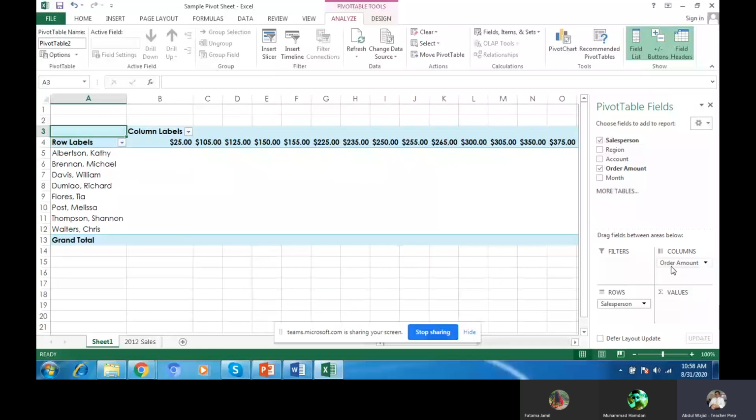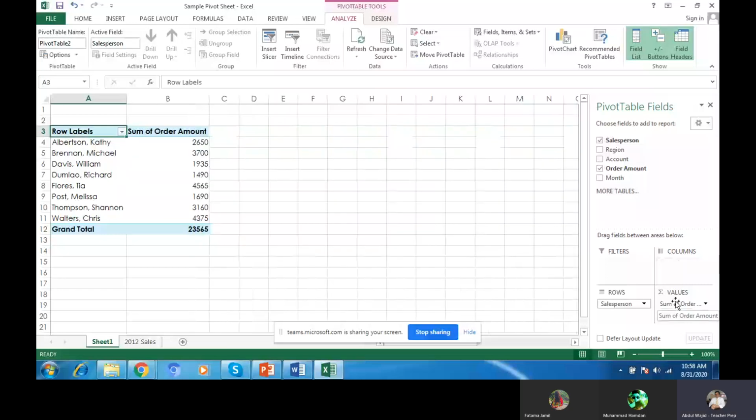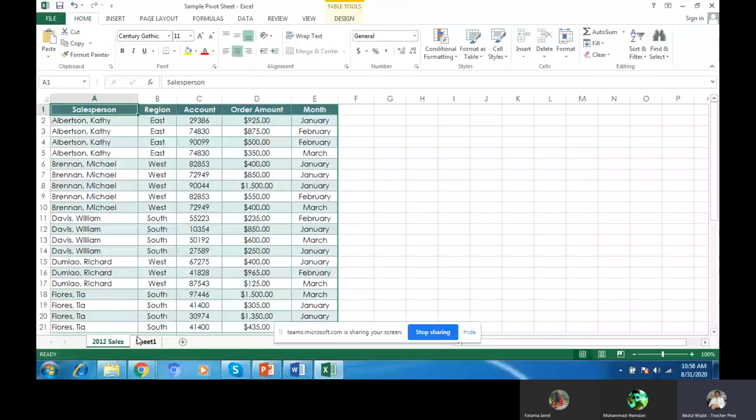This is the way you will click down. Now you will drag this one here. Sheet 1 is there. Okay, now we will go there again. We will read the instruction again.